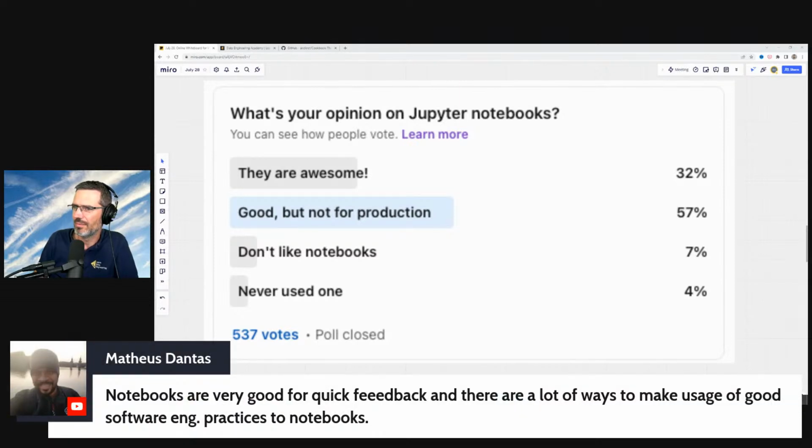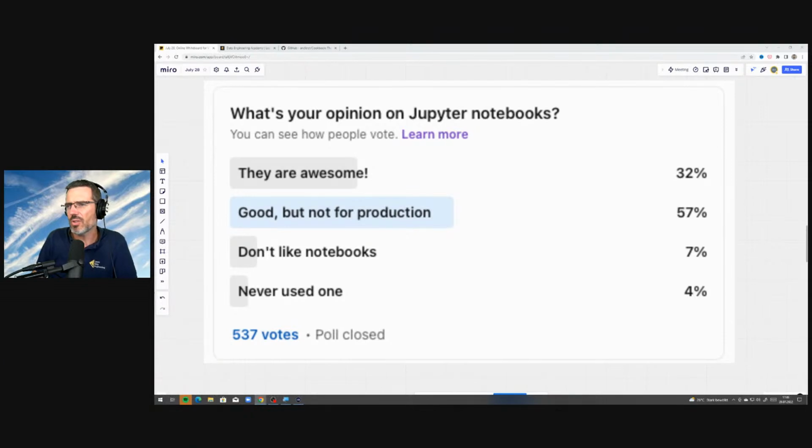Yeah, very good, quick feedback. There are a lot of ways to apply good software engineering practices to notebooks. That's also actually true when you think of it, and that comes back to our clean code question before.